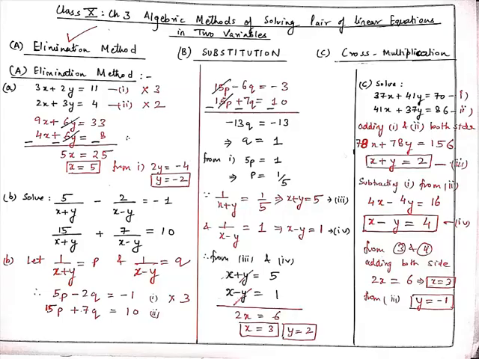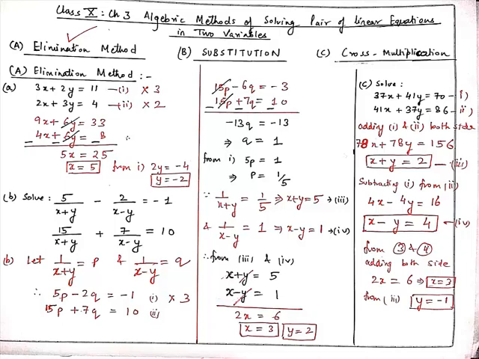Therefore, we get 3 into 3, 9x, 3 into 2, 6y, equal to 11 3s are 33. And from the second linear equation, we get 2 into 2, 4x, plus 6y equal to 8. Now, students, the sign will change, so positive becomes negative and negative becomes positive. Now, 6y minus 6y will cancel out and 9 minus 4 is 5x equal to 33 minus 8, which is 25. So, x equal to 5.